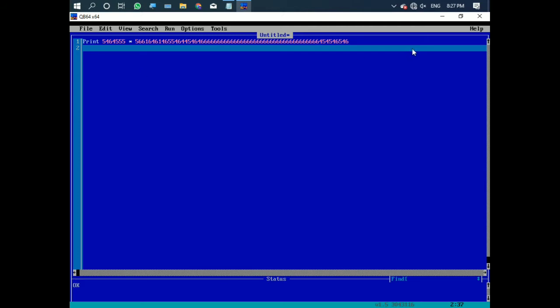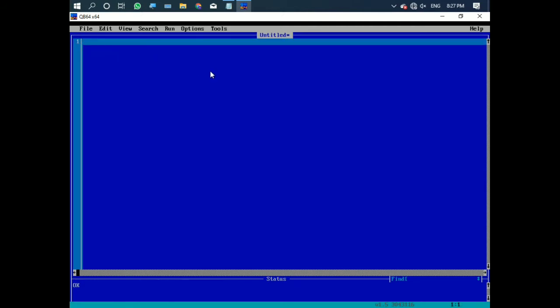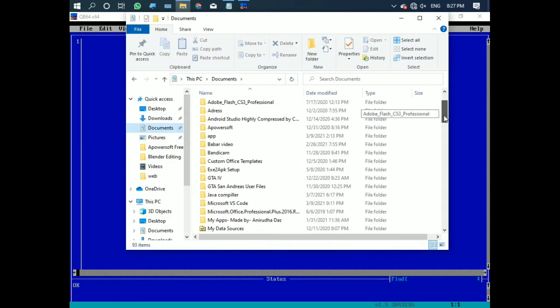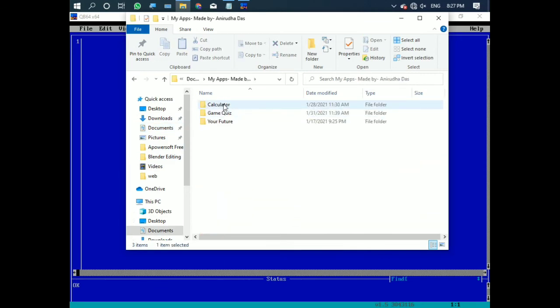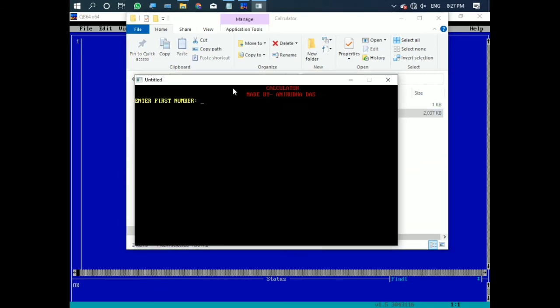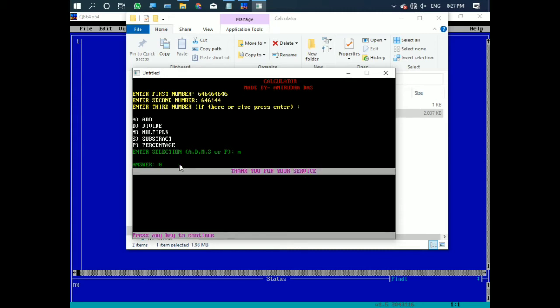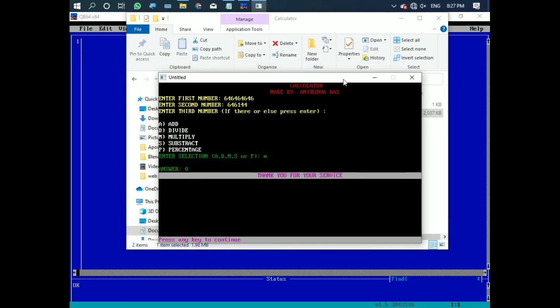But suppose I write one simple program about the calculator, taking the example of my own apps in the calculator section. If I write a huge number like this, press enter, write another huge number, and then multiply, its answer is coming 0.